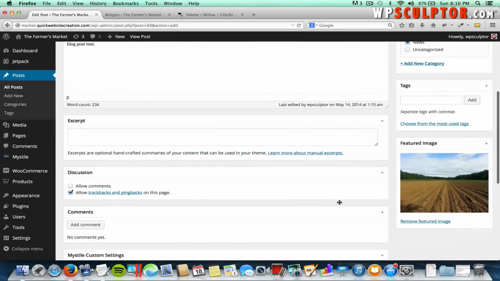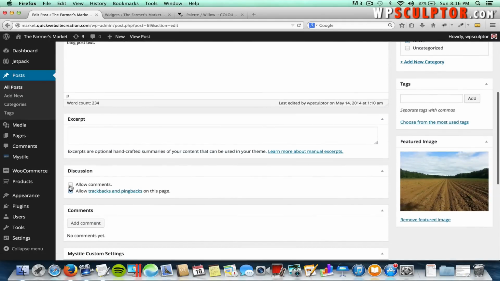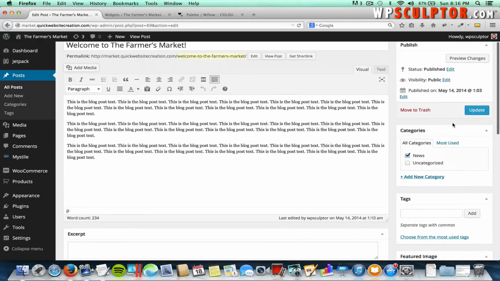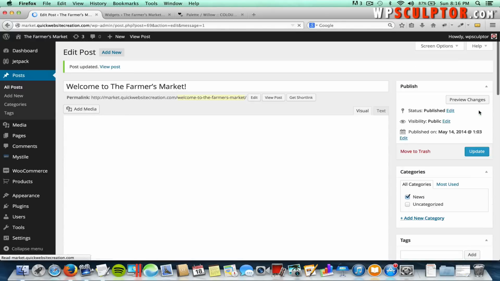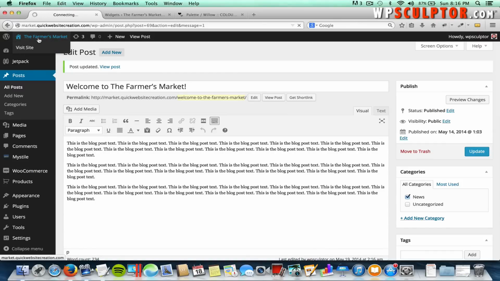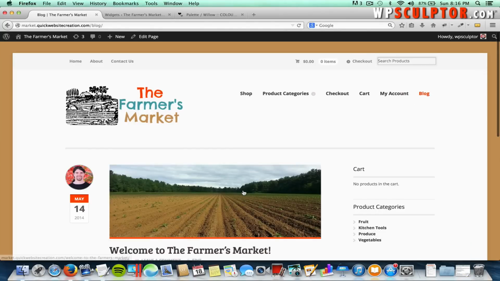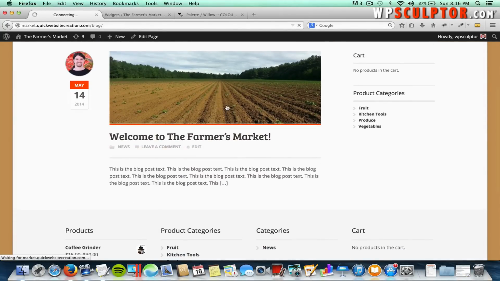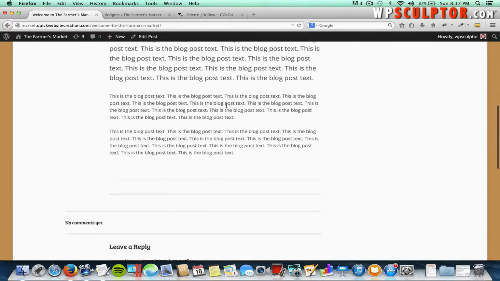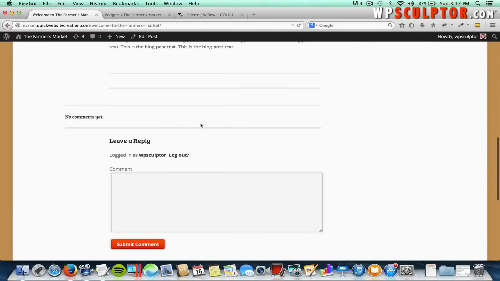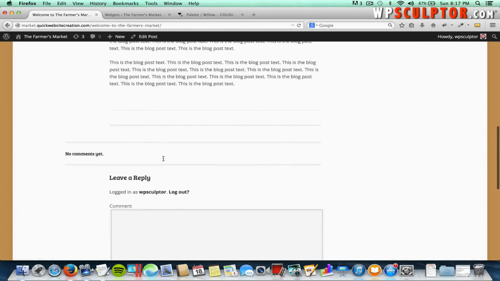Scroll down, and you can see that we now have the option to check this box to allow comments on this particular post only. So I'm going to make that change, check that box, and scroll up and click on Update. And now if we go to the front end of our website and go to our blog page and open up this blog post, scroll down to the bottom, we now have an option for users to leave comments. And if we scroll back up